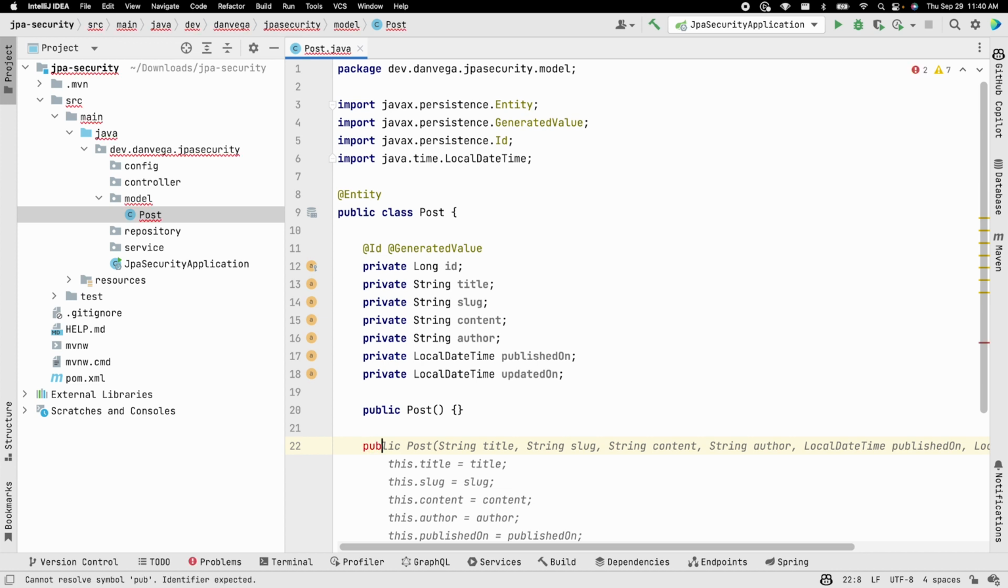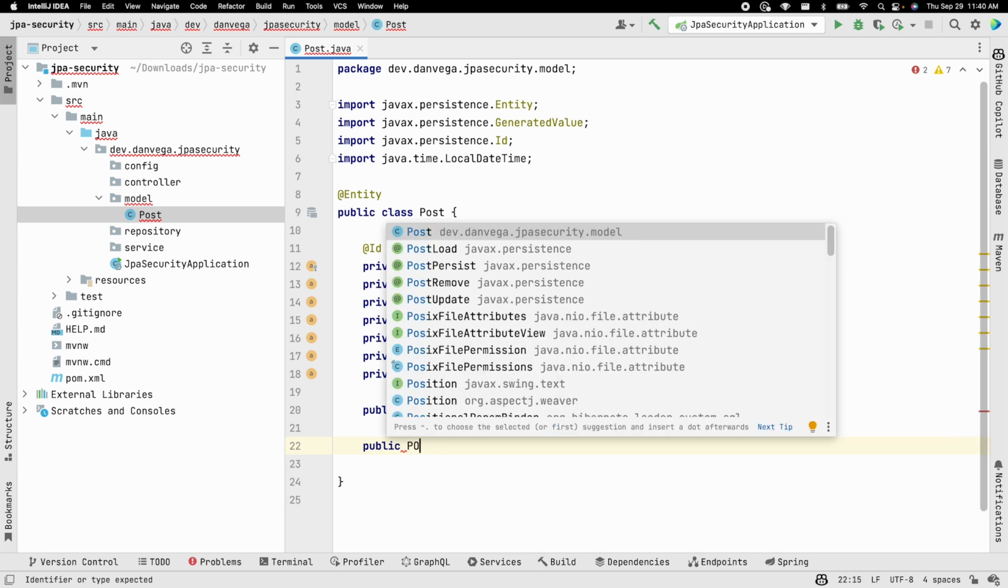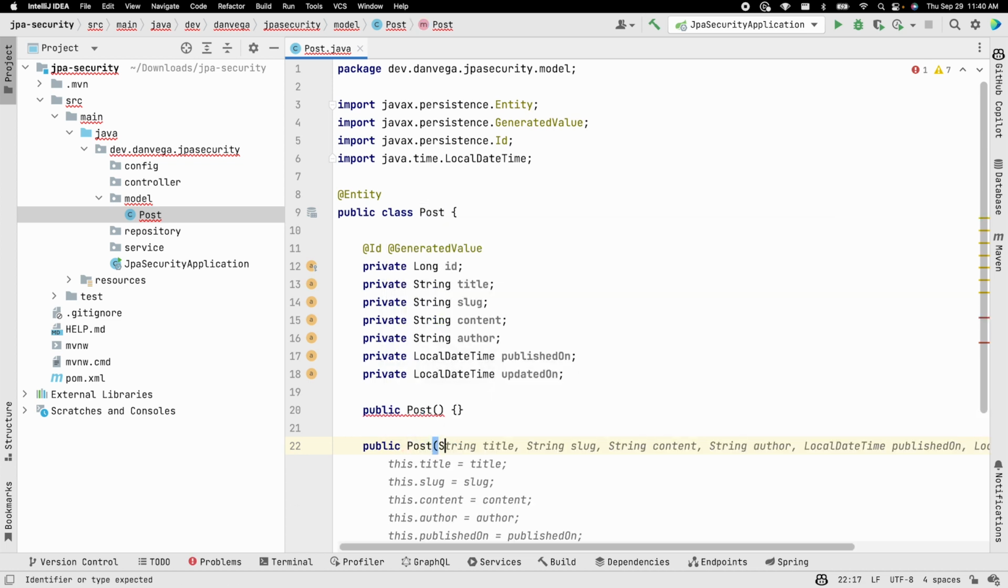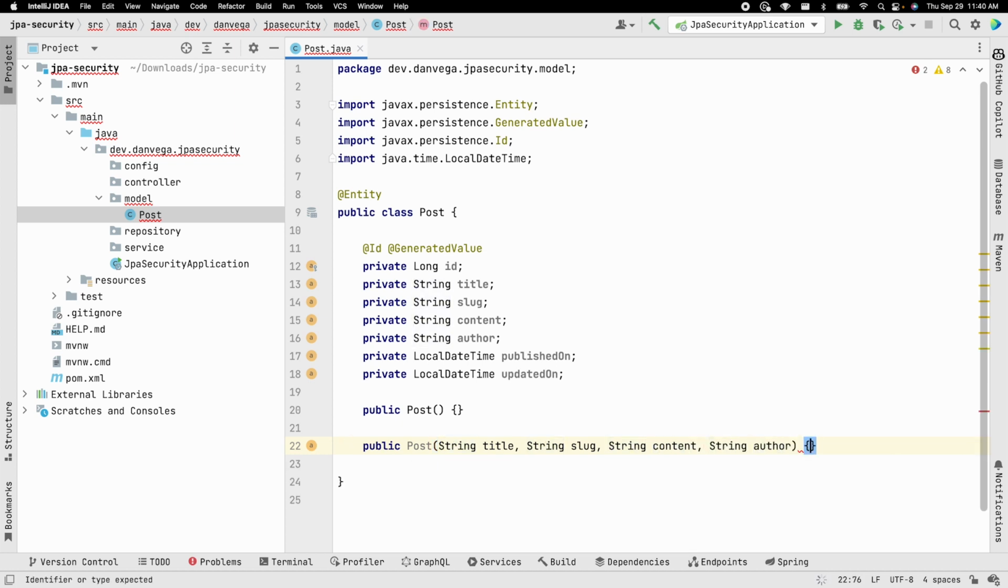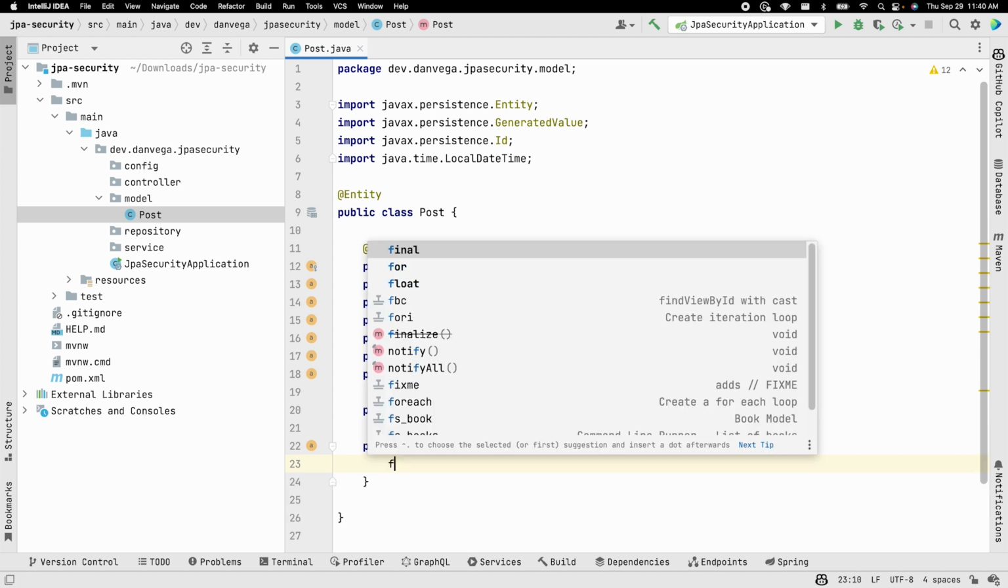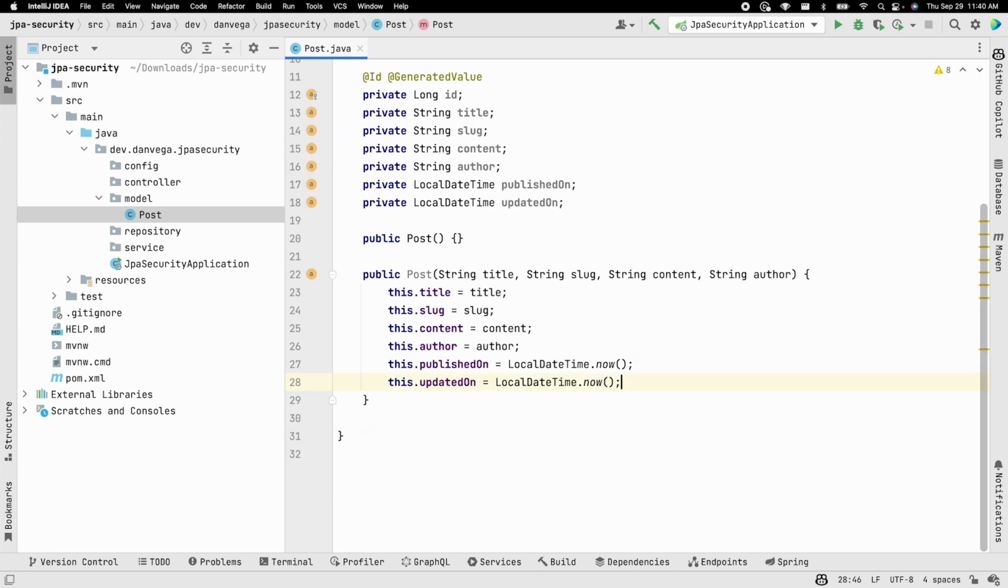Because we are going to create one for going ahead and setting a new post. So I'm going to set a new post. I'm going to take in a title, a slug, and some content, and an author. So that's all I'm going to take in. The reason for that is, so let's do